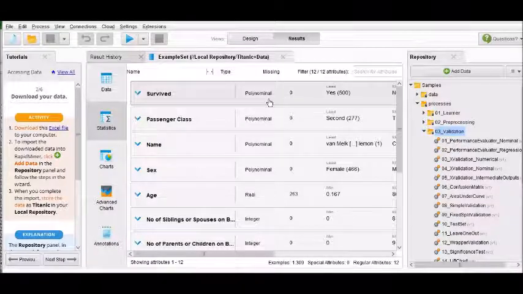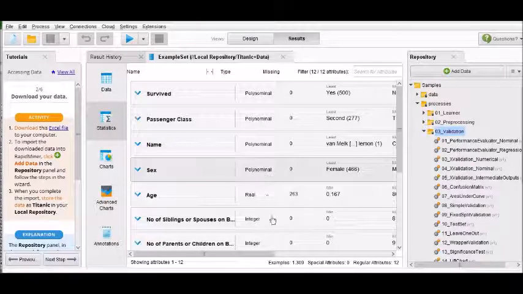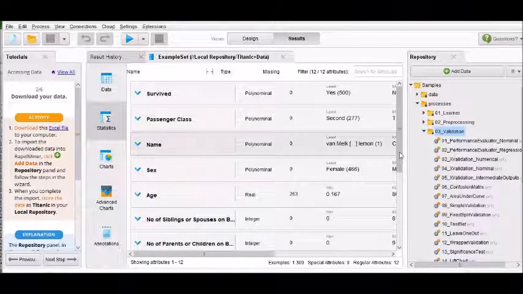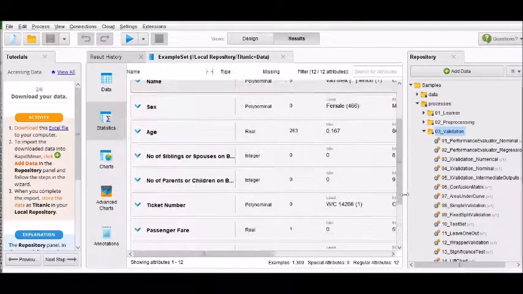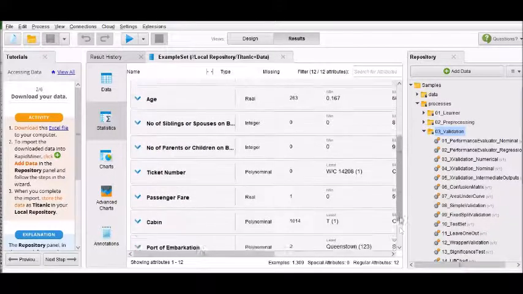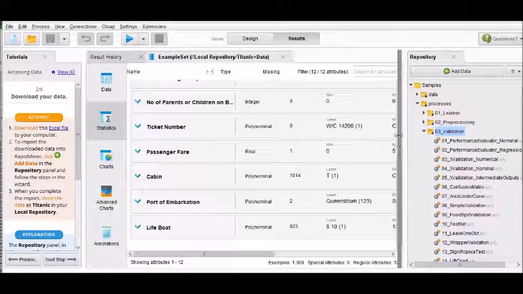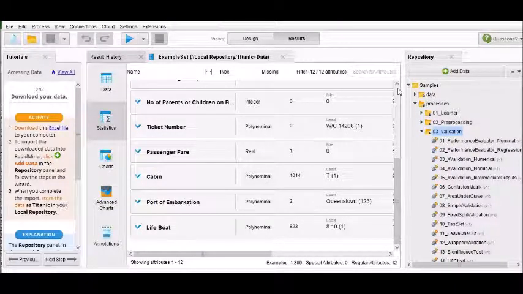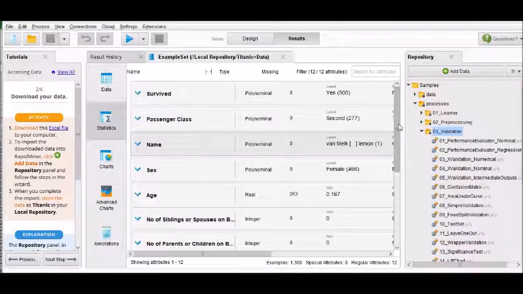Click on statistics. Now see the wonderful part of it. For survived, it is a nominal variable. Now you see, you will not find these things in any other software. Trust me, I have seen so many softwares, however I have never come across nominal, binomial. I mean, I can understand, but still, this kind of jargon, that's why I said, let me first of all make you aware of the various wordings that they're going to use out here. So this is basically polynomial value that they are talking about.